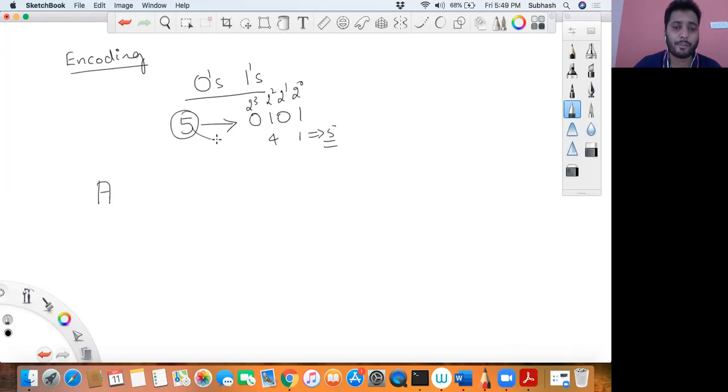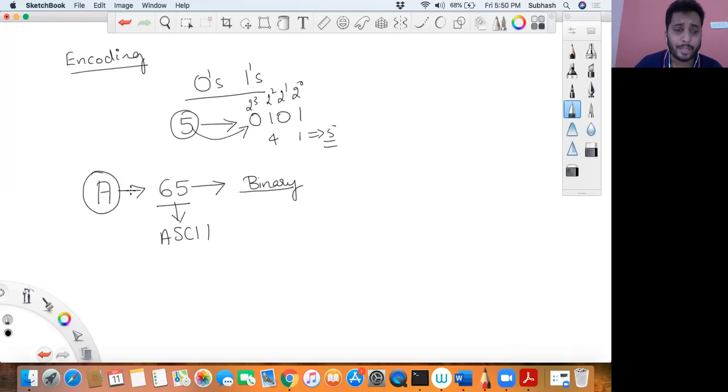This is a decimal number system. We converted that into binary. Whereas this does not contain any numbers. It is not a number. Therefore, there is no number system for that. So for that, the International Standards Committee decided that for every character that we have, they will give a unique number to identify that character. Say for example, capital A has a unique number called 65, which is nothing but the ASCII value. So they have given this ASCII value for A so that this number can be represented in binary format, in zeros and ones. For that reason, every character has been given a unique number so that it can finally be represented in binary format, zeros and ones.